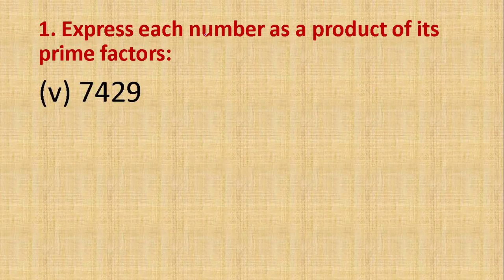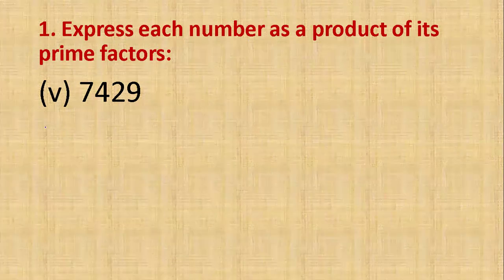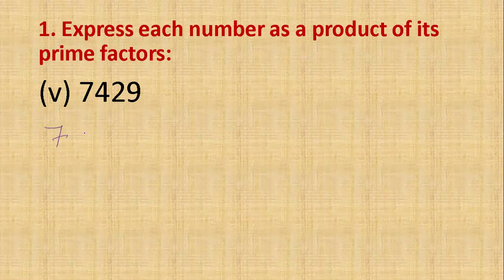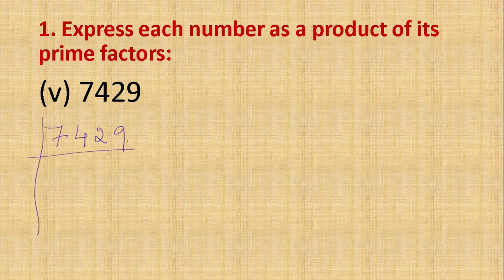Express each number as the product of its prime factors. Fourth one. Fifth one, 7,429. Last number is 9 is there. Try